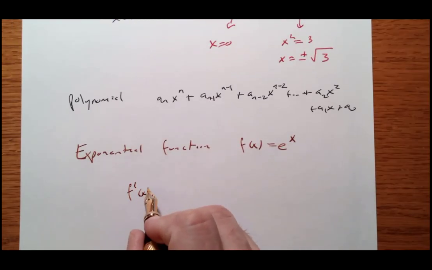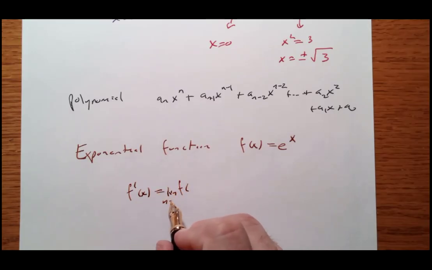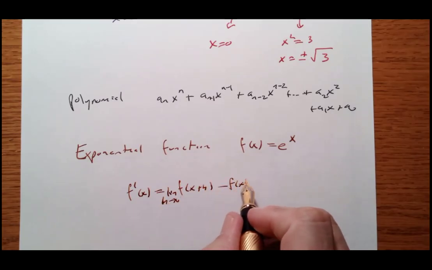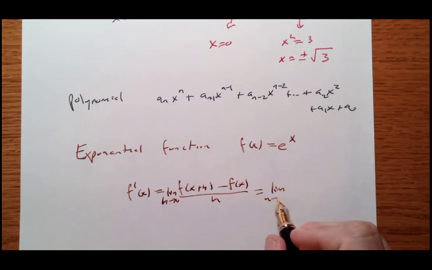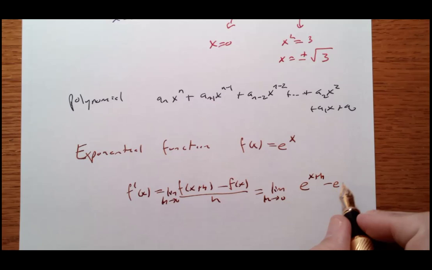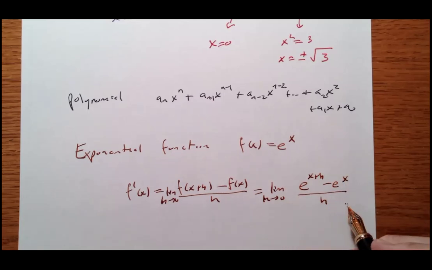f prime of x is the limit as h goes to 0 of f of x plus h minus f of x over h. That's the limit as h goes to 0 of e to the x plus h minus e to the x over h. I don't like that. But